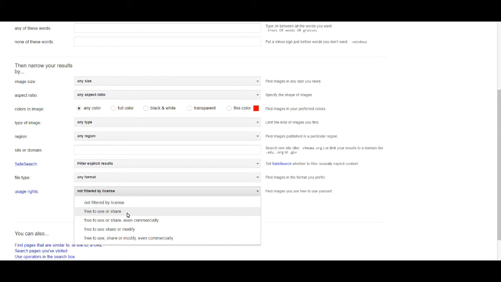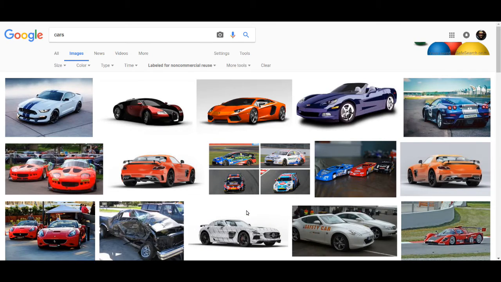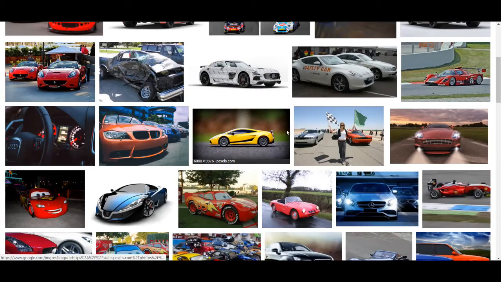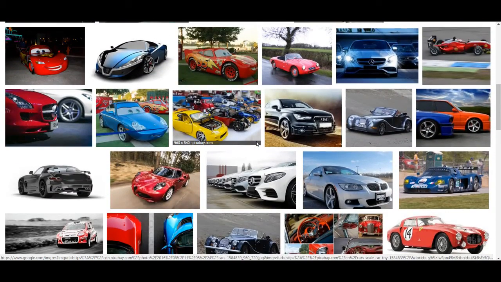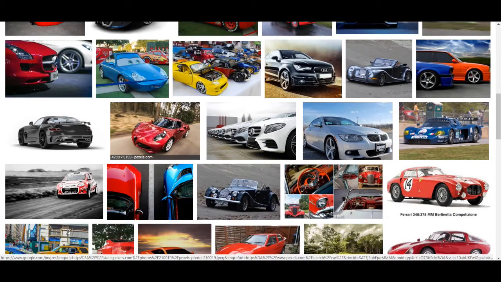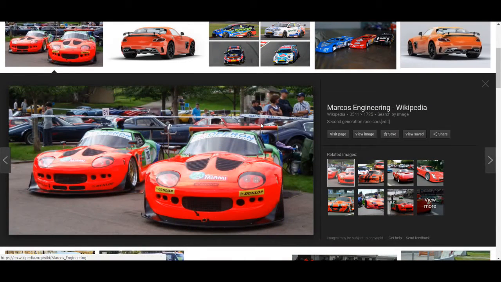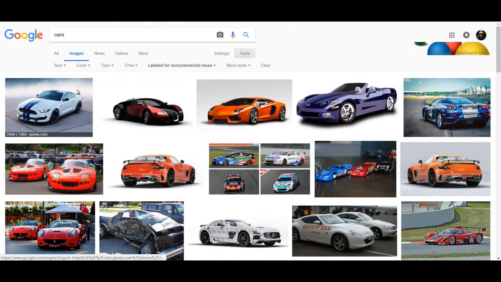But for you, since you're not getting paid for it, you can do the second one down, free to use or share, and then do the advanced search. And it will give you all of the things that you're free to use or share within your projects. It takes out all of the things that you can't use. Now, you've got to be careful because if you click on an image, you might see that there is a Creative Commons license for it. Most of these things won't necessarily fall into that because you'll see it from Pixabay or Wikipedia or something